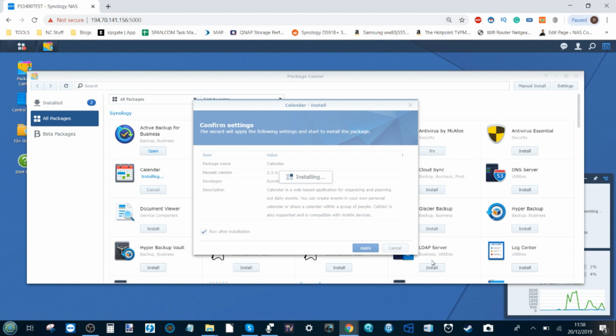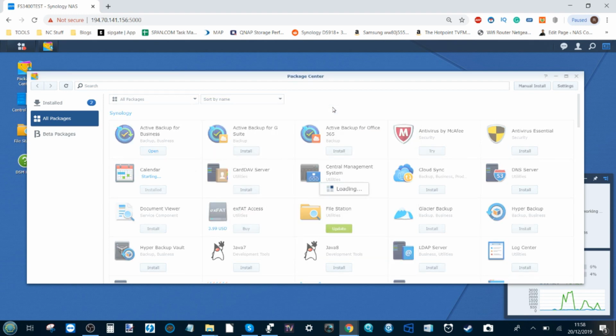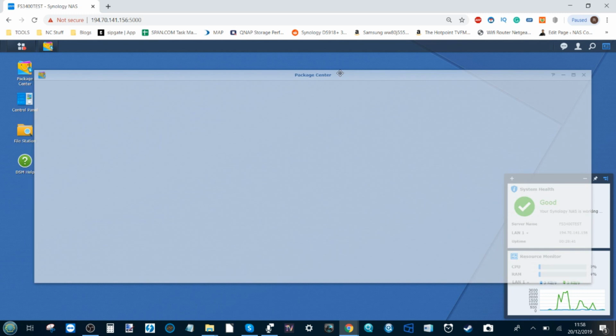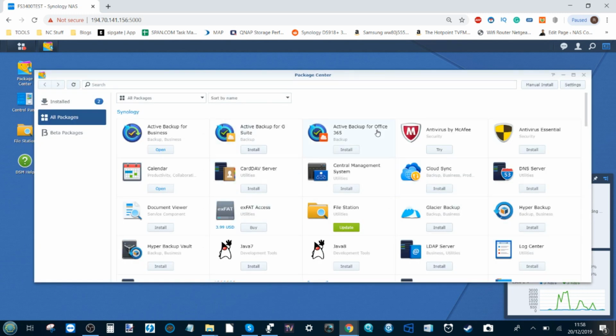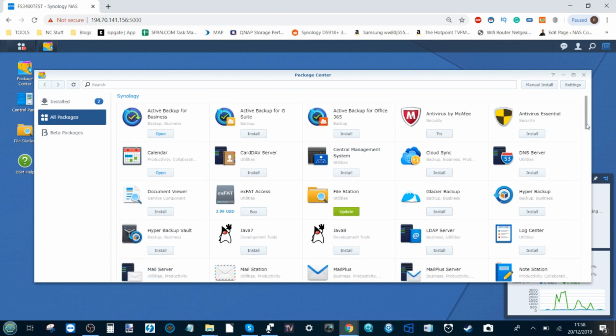Because Synology does have, by far, the best selection of applications for NAS that you can get, particularly if you're a business owner. If you are a business owner that has lots of people working via the network, chances are you might be using third-party applications for communication such as Skype and WhatsApp. Maybe you're using third-party clouds like Dropbox or Google Drive. Maybe you're using a whole backup strategy that relies on multiple companies. The Synology NAS lives in your network and provides applications that will replace all of the third-party ones that you're using. So whether it's a content management system, a central management system even, whether you're going to synchronize with a